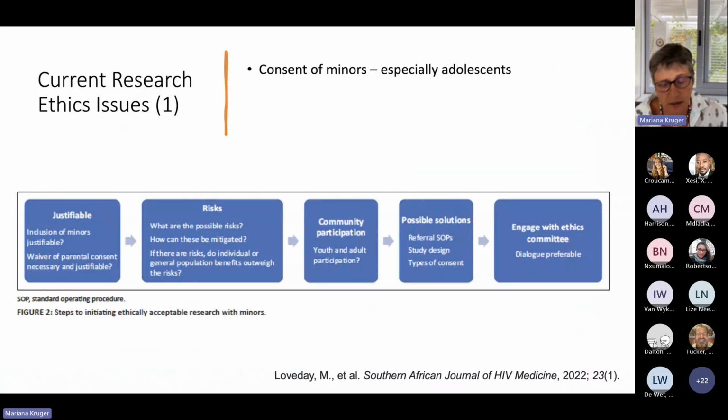So I decided to pick 2 issues added to this topic in comparison to last year, issues that developed during the past year. There were lots of debates going on. And the one thing is consent of minors, especially talking about adolescents, where very often researchers come to us and say, listen, adolescents can decide for themselves. And we, in actual fact, know that very often 14-year-olds have exactly the same deliberative ability